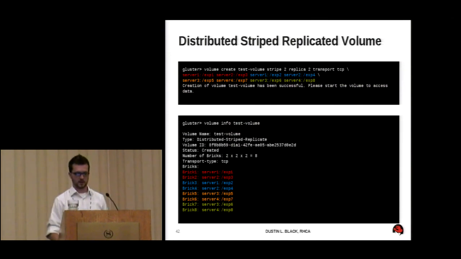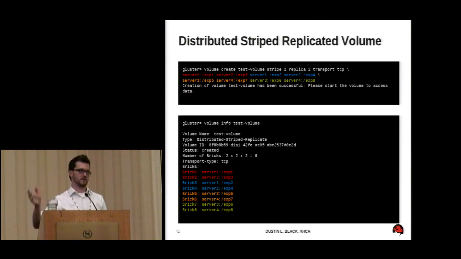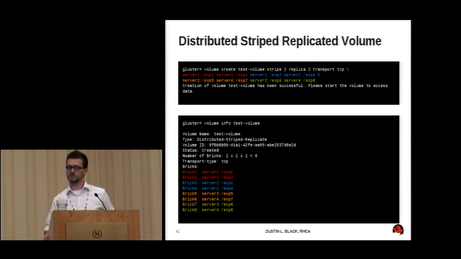So let's take a look at how we fix this. And this is just as simple as rearranging the order of the bricks. So we run the same command this time, but you'll notice this time, and I've highlighted this for clarity, that I've given the bricks in pairs of bricks on different servers. So the first 2 bricks are on 2 different servers. The second set are on 2 different servers. And so I actually end up now with an environment where all of my replications are across bricks that are on different servers, which is a much more optimal scenario.